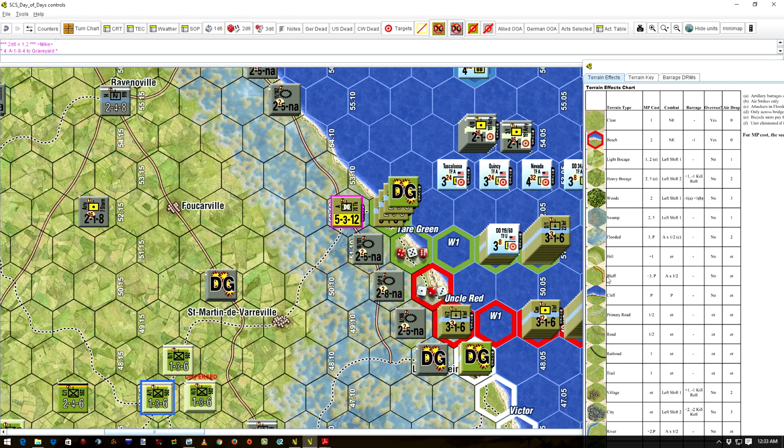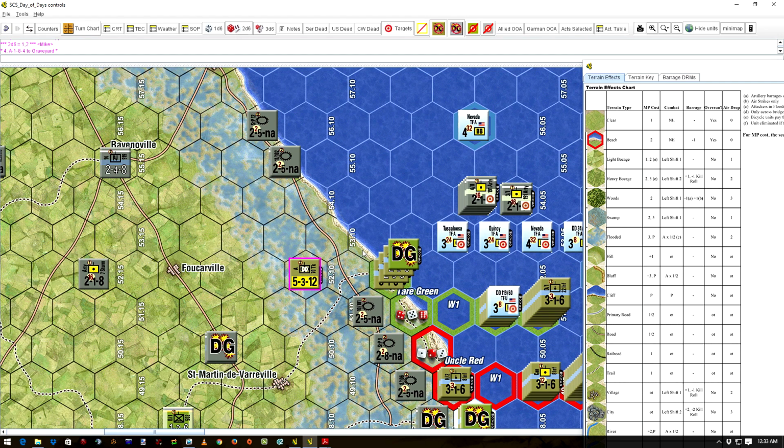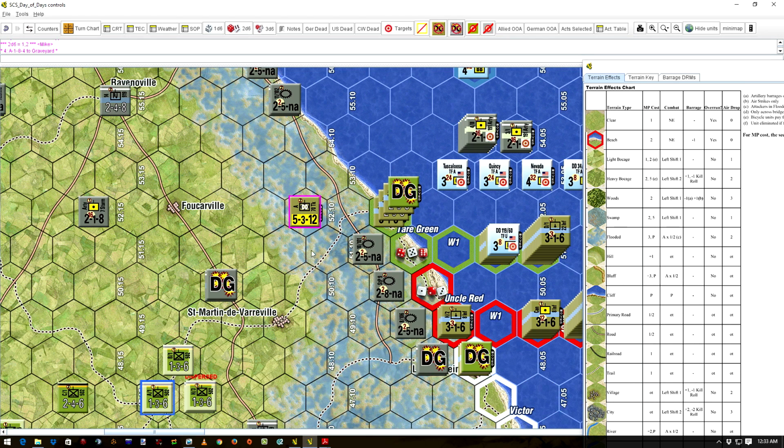Let's see here. I guess push him back. Let's push him that way, so he's not going closer to him. He's going further away from him. There's not really anywhere else I can push any of these guys to. So that's kind of an odd retreat. Normally, if you can't retreat, you take